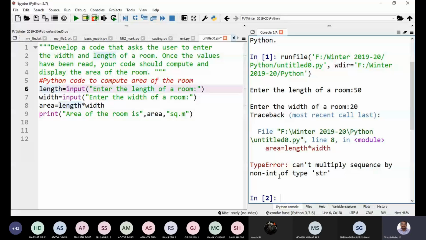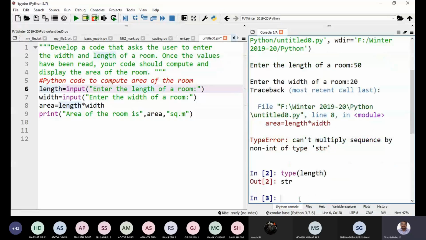So I have already said, even though if you enter the values in terms of integer, whenever you are using input method, automatically the default data type is str. If you want, you can check it. Type length. See, it is str.